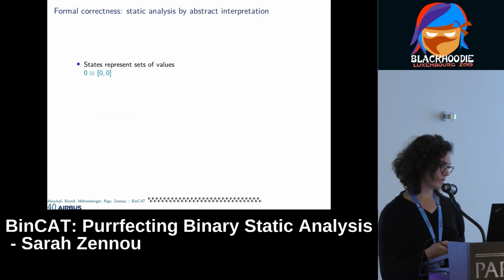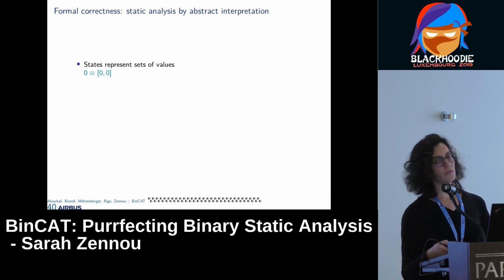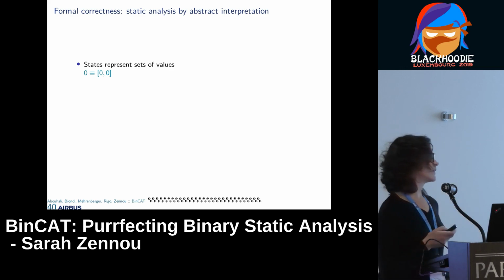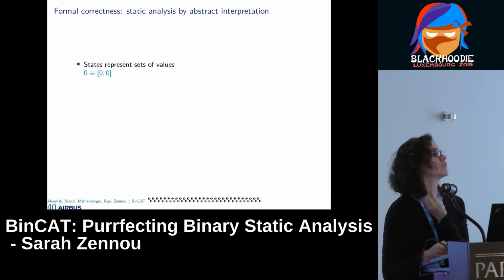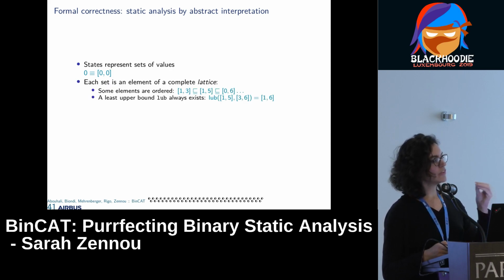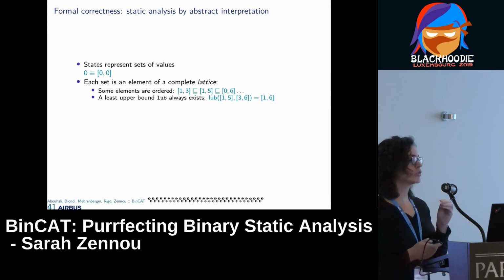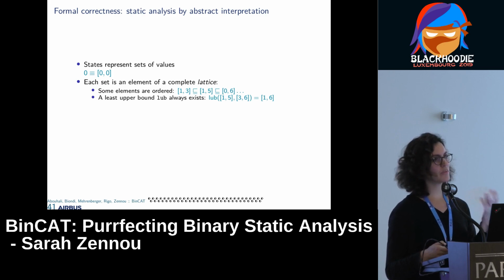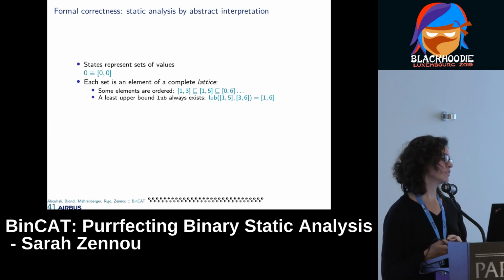Of course, a legitimate question is, how can this algorithm terminate when you have to analyze a loop? Well, this is because it is based on a theory called Abstract Interpretation. In this theory, the states that you have just seen are actually sets of values, which means whenever you see 0, it is the interval which contains only the 0 value. And each set is an element of a mathematical structure called a complete lattice. It means that the elements, the sets, are ordered. For intervals, it is the subset